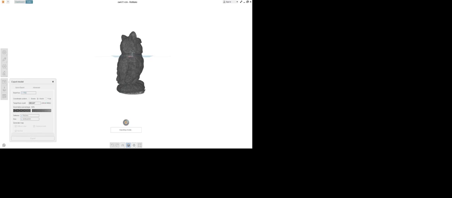So in the meantime, while this is loading up, we can create a new topology inside of Maya, and I'll show you how to do that. But there's a couple of other tools we're going to get as well. So in the meantime, let's go ahead and search here. I'm going to search for instant meshes, and this is actually an open source program. The name of it is Instant Meshes, and we can click on any of these, but I'm going to click on this GitHub,